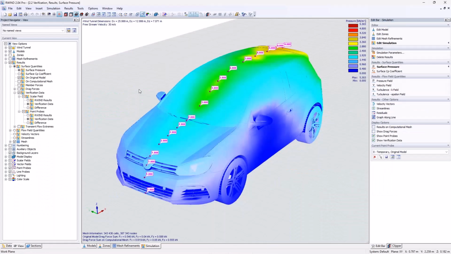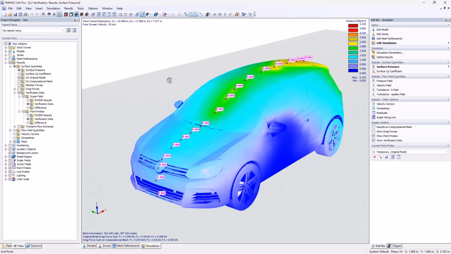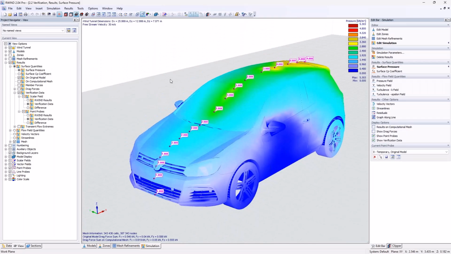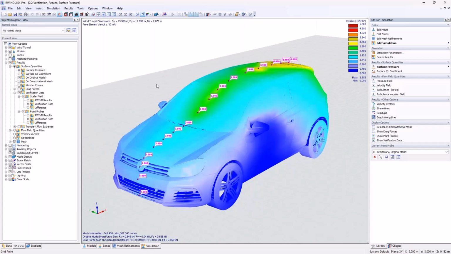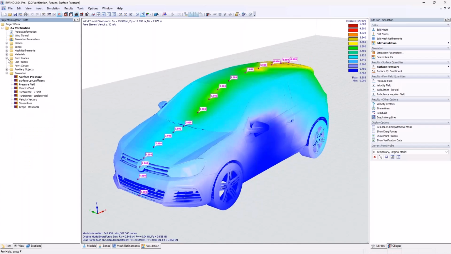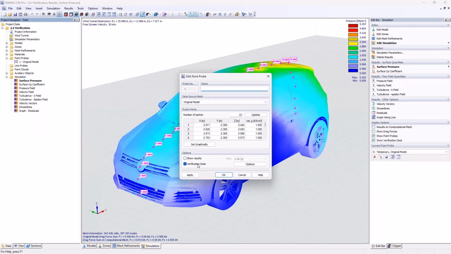But in order to introduce the verification data first, I use the Volkswagen Golf, which is an example installed already if you install RWIND. And then I have already defined a point probe. I activated the option for the point probe. It might be, of course, a bunch of probes you want to enter, if you want to define certain